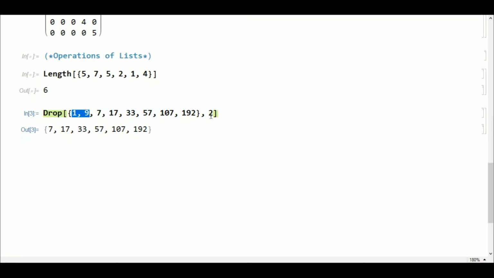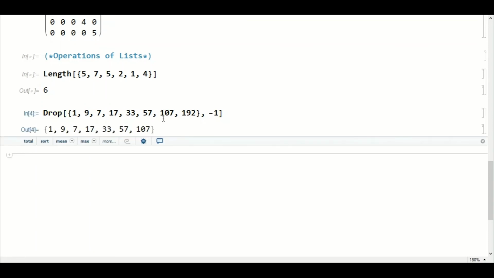If I write here -1, the last element will be dropped and the rest will be printed. You can see that 192 is missing from the list. So this is how you can use the drop command.